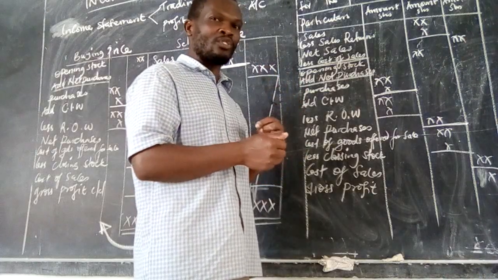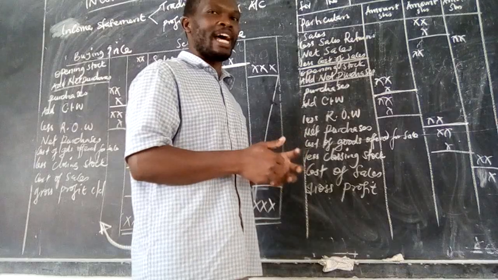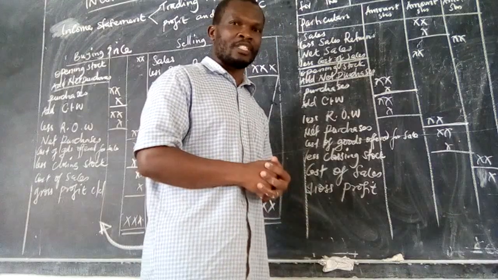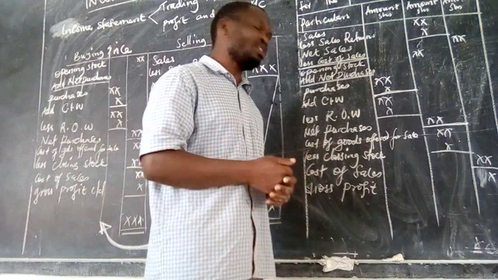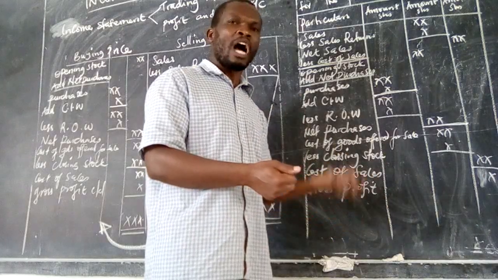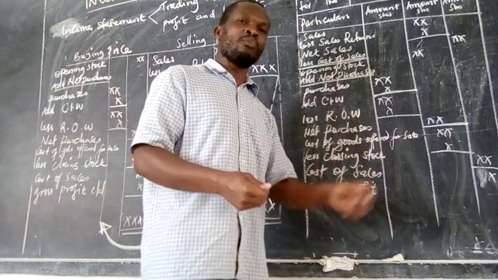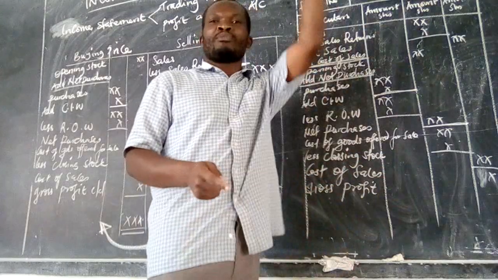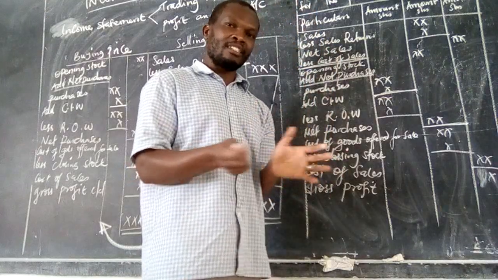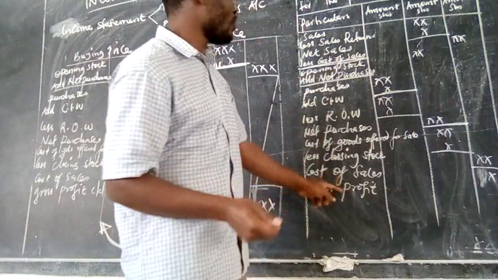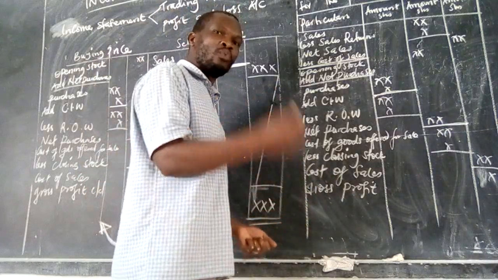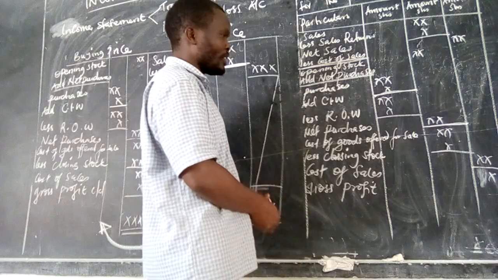The answer that remains, or the remaining balance in terms of value, represents the cost of goods sold. So I don't even need to ask how much was sold; I look at the remainders to find the cost of the goods that were sold. I need to find out the original total cost, then I get the difference. I'll get to know how many goods were sold in that particular business.